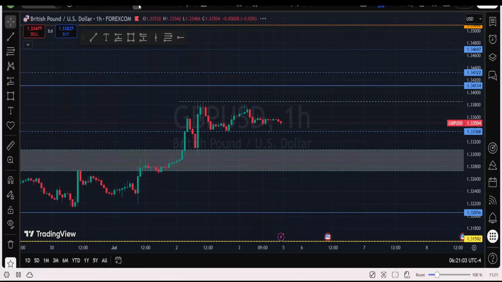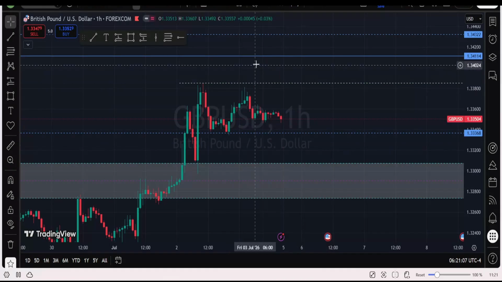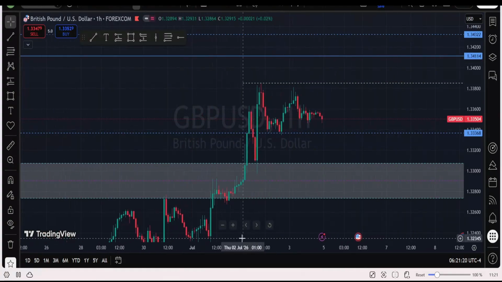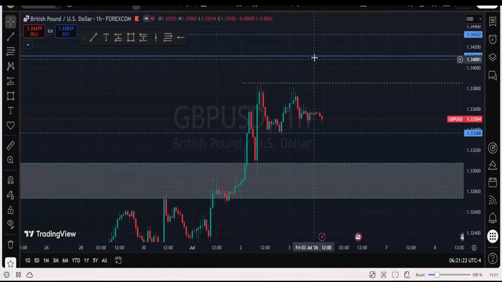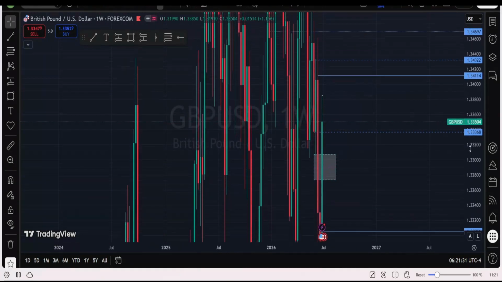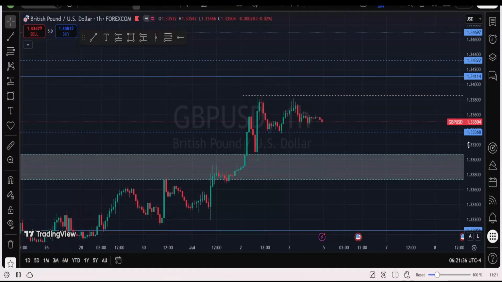We said we wait as the market resumes to give us an entry to sell the market at this level or at this level. If market continues to go down, we watch this level at least to give us a reason to see if we can take the trade here till we run to the level we've mapped out on British pound USD. So what's that for us? We are more of a seller at this level in British pound USD, using the higher time frame, which is the weekly time frame, to the daily time frame, and then to the lower time frame where we've already mapped out the areas where liquidity lies for us on British pound USD.